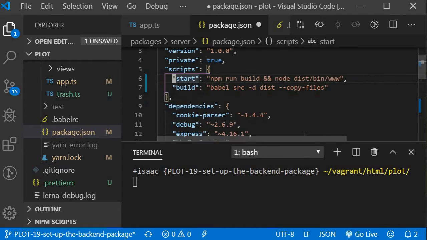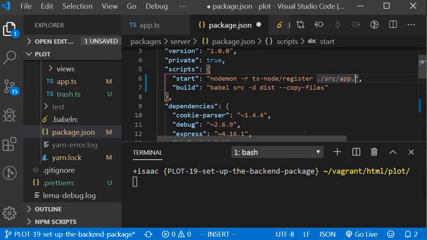So we can get rid of this, and our start script, we're going to change that, and we're also going to add a library to automate our node server. That way we don't have to shut it down and keep restarting it every time we make a change. That library is called nodemon, and we're going to use ts-node register to our source directory, and